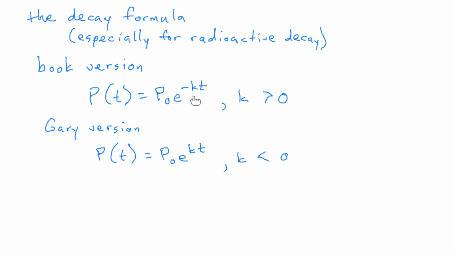Somehow or other, this exponent needs to be negative. And I say that because time's always positive. The only way you can get a smaller value is if the exponent, e to the something, has to be negative. And you can do that by taking a positive decay rate and then multiplying by a negative. Or you can just say, look, the decay rate in my mind, it's negative, and so you have a negative times t.